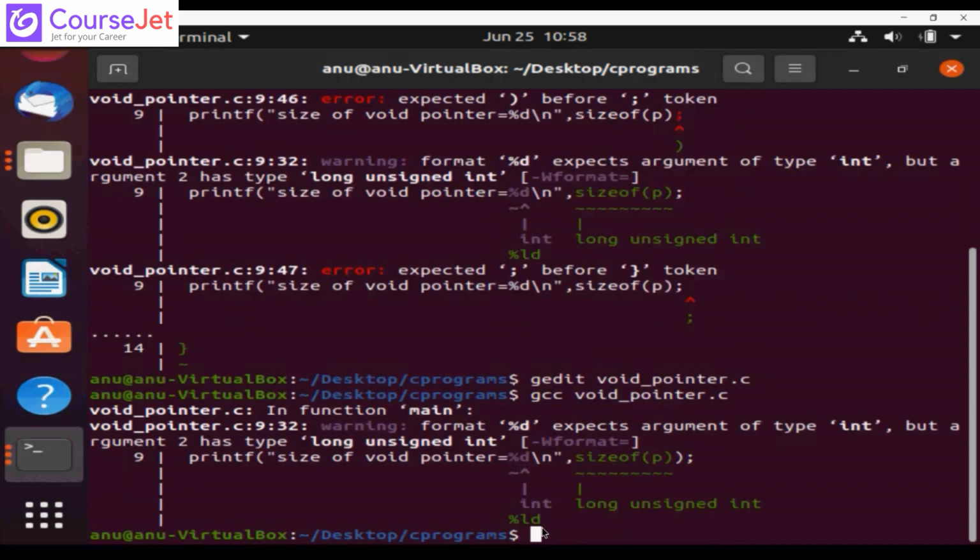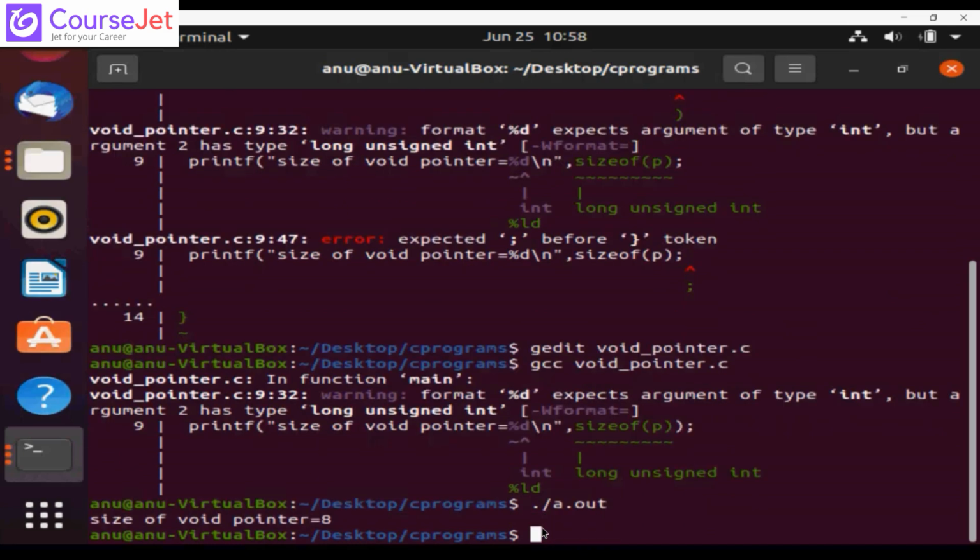I still have a warning that the format expected was unsigned long integer, but we have written %d, but that's okay. Dot slash a dot out,